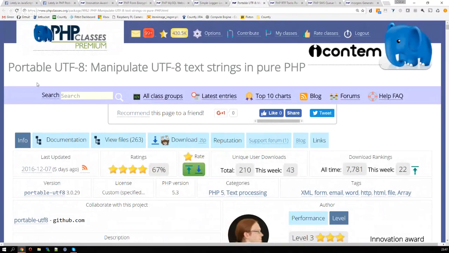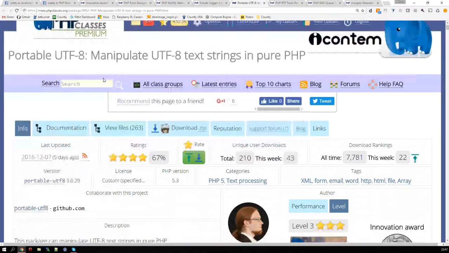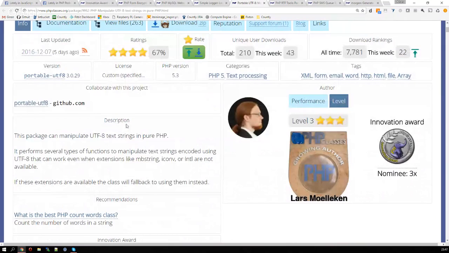And the next package is portable UTF-8. Manipulate UTF-8 Unicode text strings in pure PHP. So basically, why is it portable? Because it does not rely on any extensions, and it could work even without them. It's in pure PHP. And this is quite good, because for some reason we may not have those extensions enabled, or you may be using an older version where those extensions were not available. This package